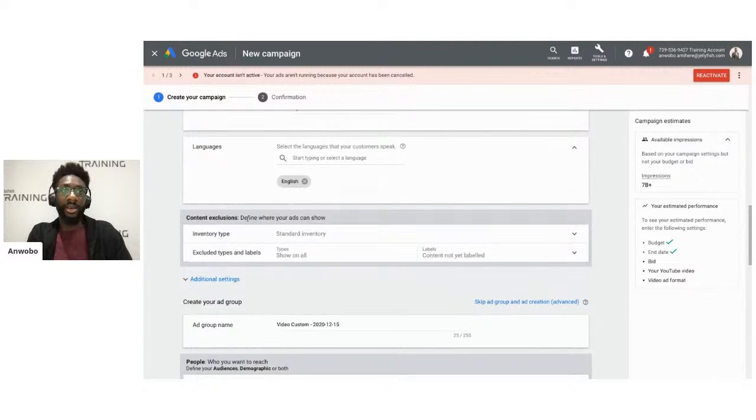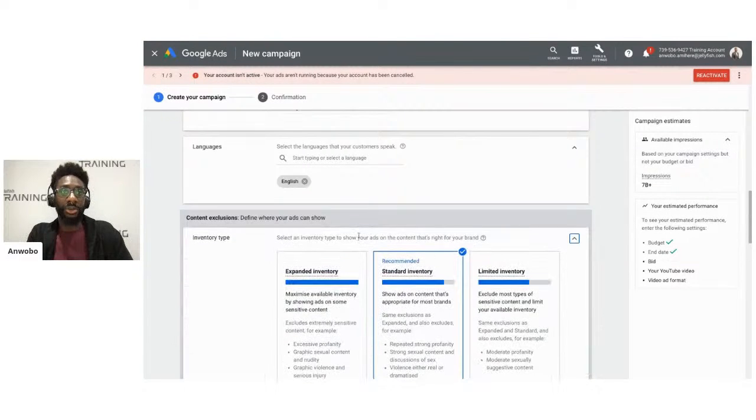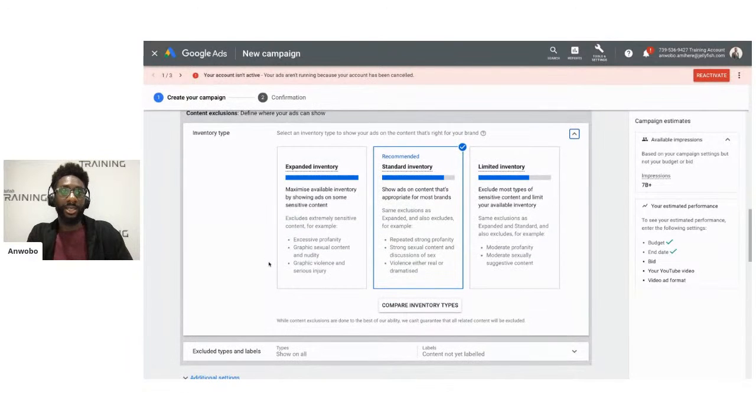Next option we have here are the content exclusions to help me define where my ads can show. As I discussed earlier, we have the 3 different content types here. Do I want the limited inventory, the standard inventory, or the expanded inventory? This just reflects the type of content my ad will be eligible to appear on.